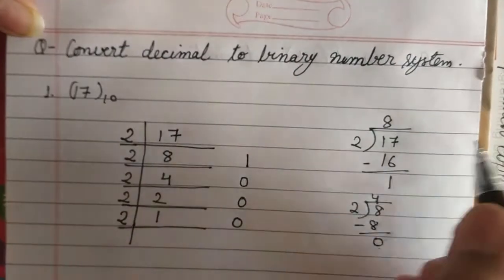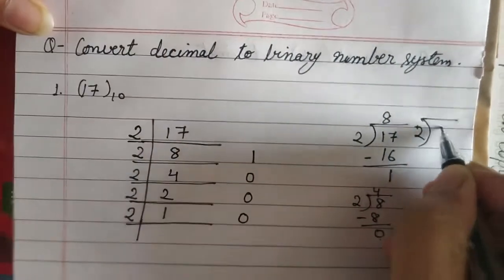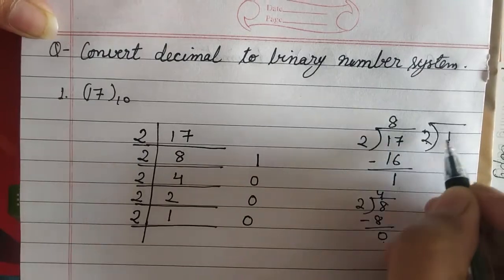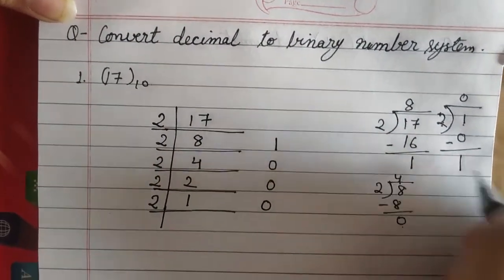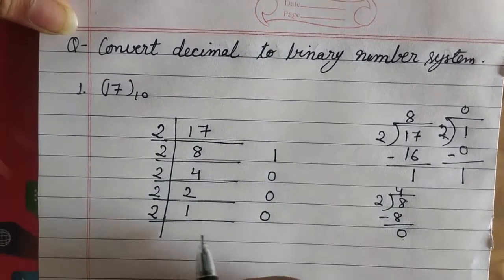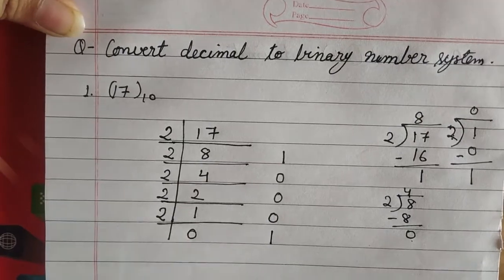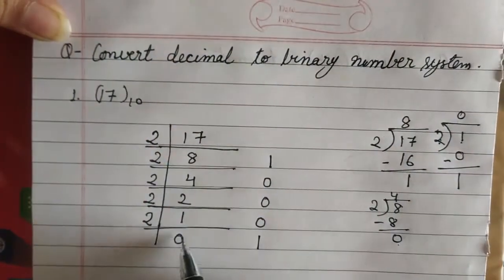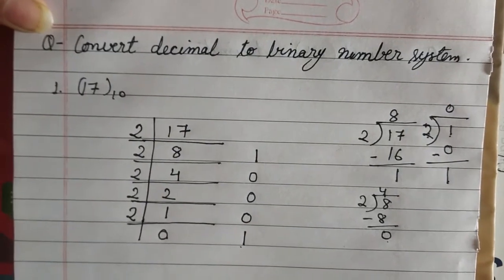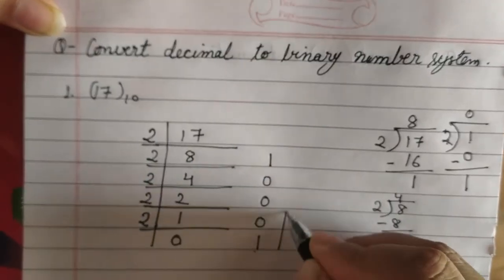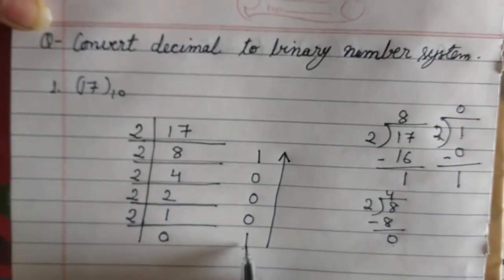You can see here, I'll explain you with this. See, 2 1. Now we are dividing 1 by 2. It is 2 zeros are 0 and the remainder is 1. Okay, so always in the last there will be remainder 1 and here you have to write quotient 0. Got it? This is the quotient, 0 here and the remainder 1 here. Okay. Now how you have to write this? Bottom to top.